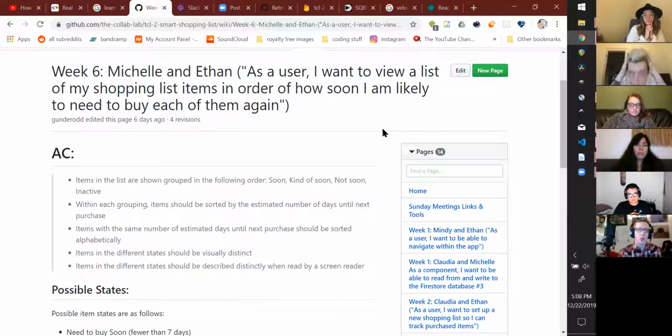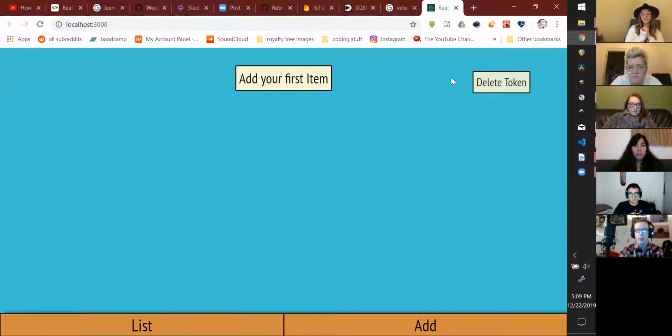Within each grouping, the items should be sorted by the estimated number of days until next purchase. Then the ones that have the exact same number of estimated days until next purchase should be sorted alphabetically. And then the items in the different states should be visually distinct. And also, if visual isn't going to help, if you're using a screen reader, then they still need to be distinct. And what it looks like is